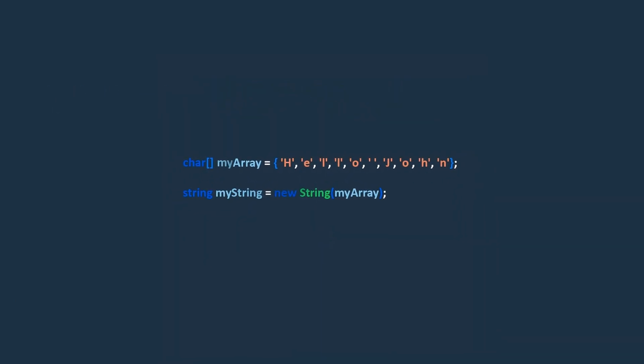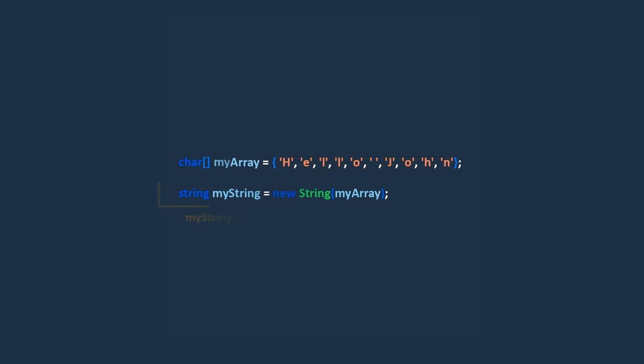Alright, as mentioned earlier, a string object is essentially an array of char objects. Therefore, we can use an array of char objects to create a string object. In this example, we use the new keyword along with the string class and pass the char array as a parameter to create a new string object.